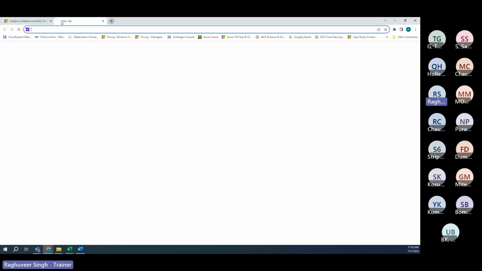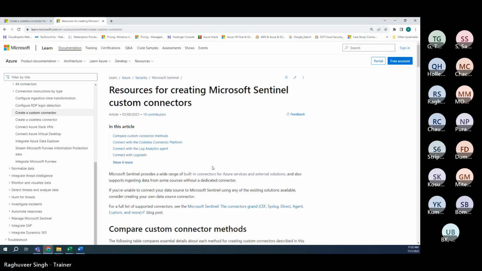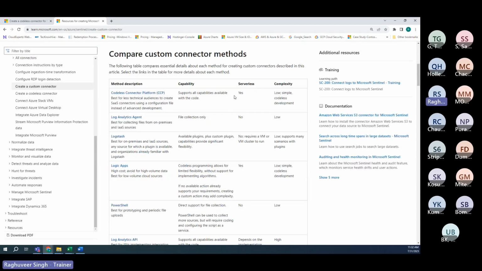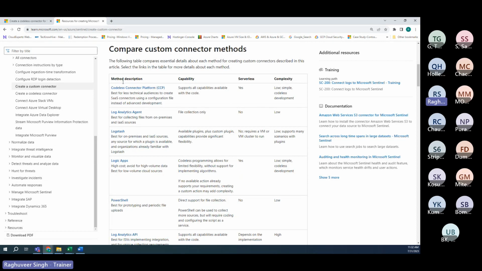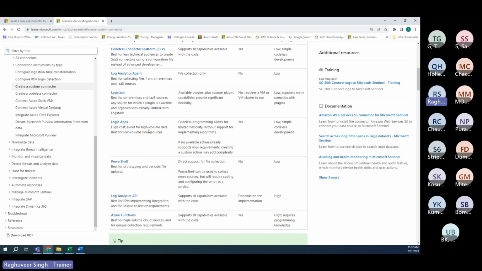This is another documentation which gives you resources for creating custom connectors. So this is for all the connectors which are available. I will say these are all the custom connector creation methods that you can use: Codeless connector, you can use Log Analytics agent, you can use Logstash, Logic Apps, also to ingest logs from the